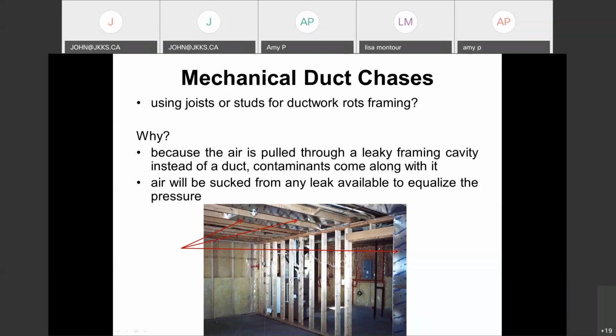Well, this is, we'll call it, the cheaper method of trying to create movement on a forced air system, either supply air or in this case return air. The problem is it's a nice material, it's fairly flexible, but as it says here, air will be sucked from any leak available to equalize the pressure. So are we actually now creating another area just because of the way things are built in a condition like this,